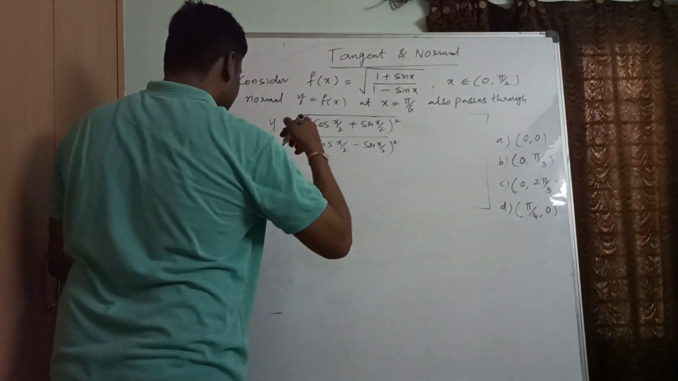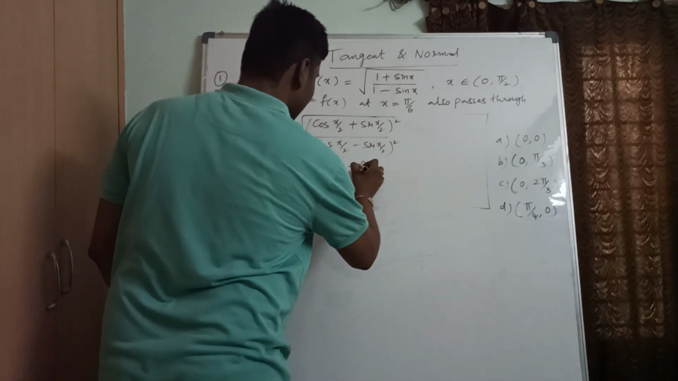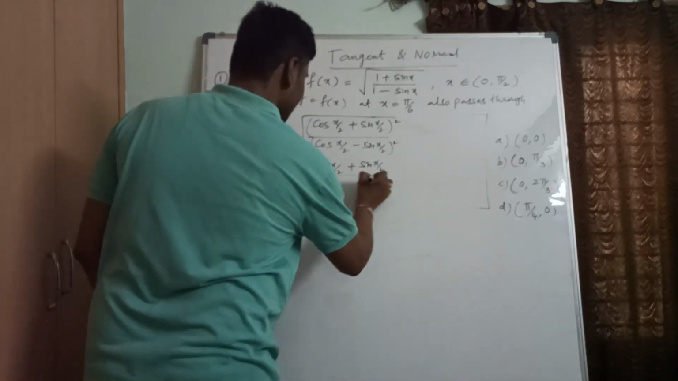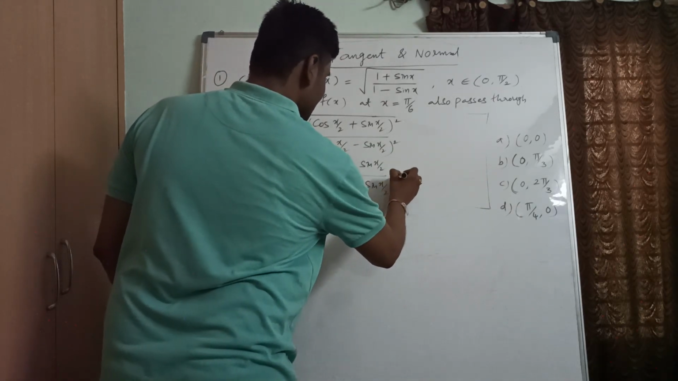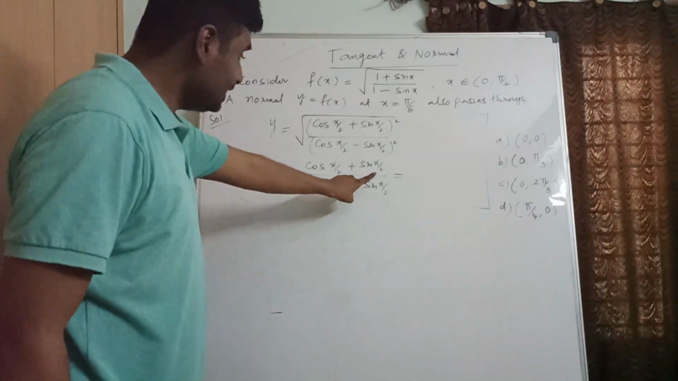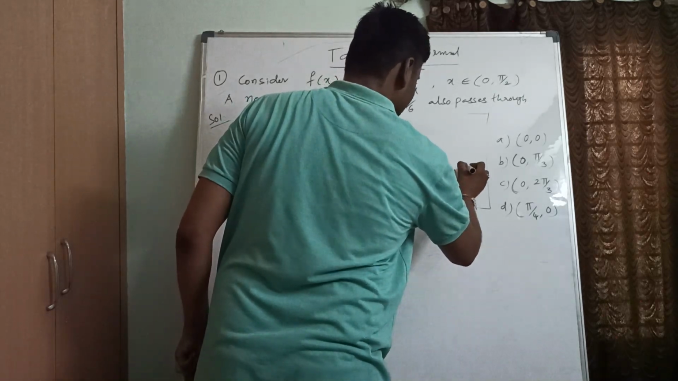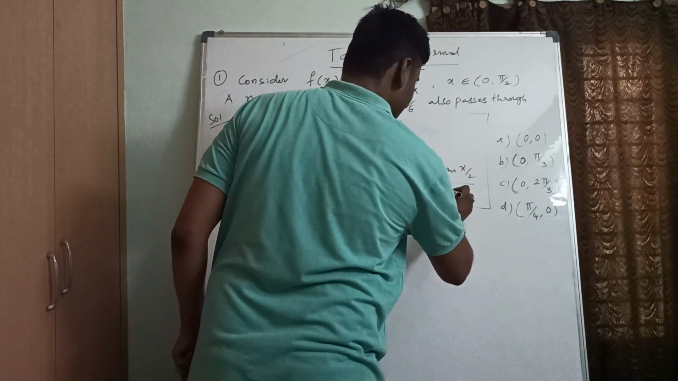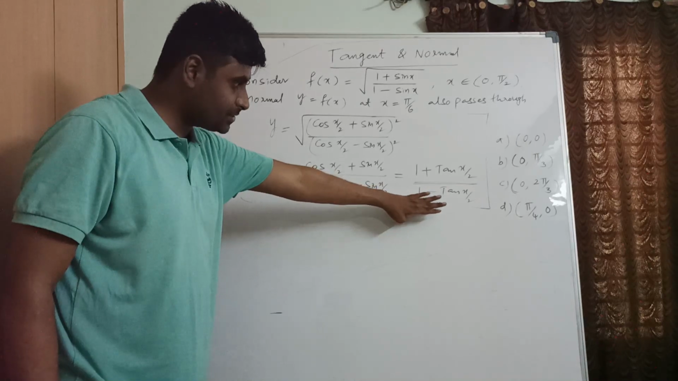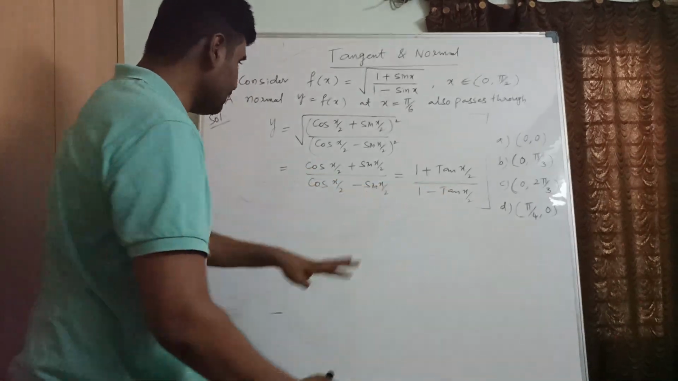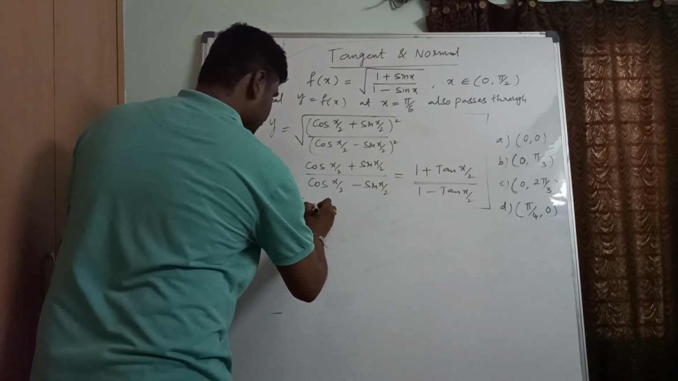So finally what will we get here? (cos x/2 + sin x/2) by (cos x/2 − sin x/2). Clear? So after that, if you divide by cos x/2, what can I write? (1 + tan x/2)/(1 − tan x/2). So all these we have discussed and applied in many problems, right? This formula we have applied in many problems. So from this what can I write? Simplified y equals tan of